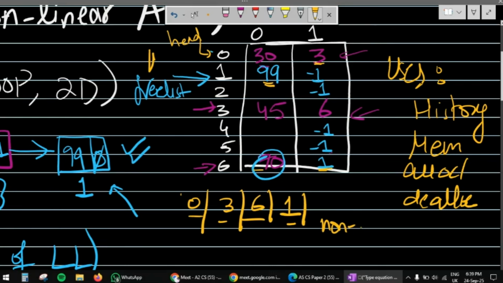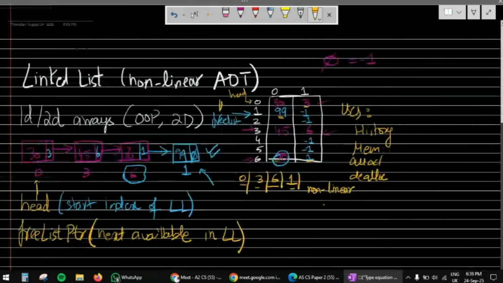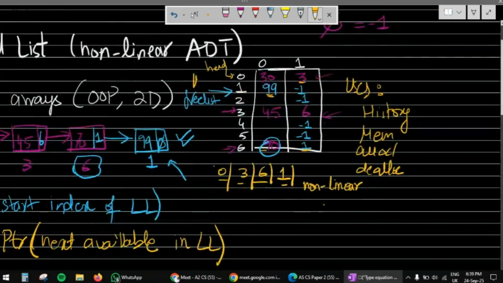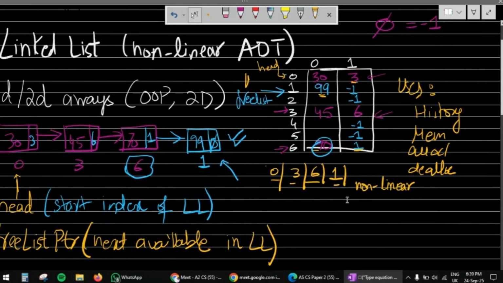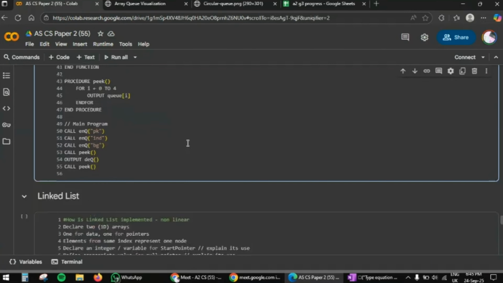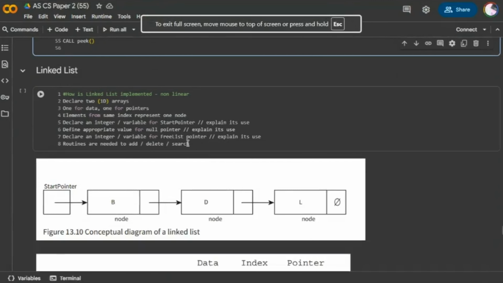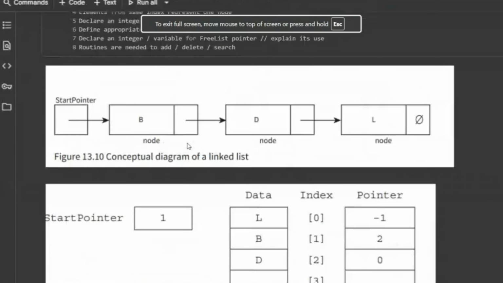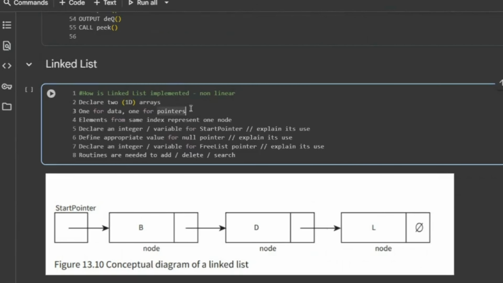So this is the idea of a non-linear data structure. This is going to be implemented with arrays, but इसकी जो पूरी logic है वो non-linear जो है वो आपका data structure होगा. It will work as per the free list pointer and the head pointer. So linked list का again code आपका test नहीं होगा P2 में, so you need to know the theory of it. So आपसे description मांगेंगे exam में कि how can you